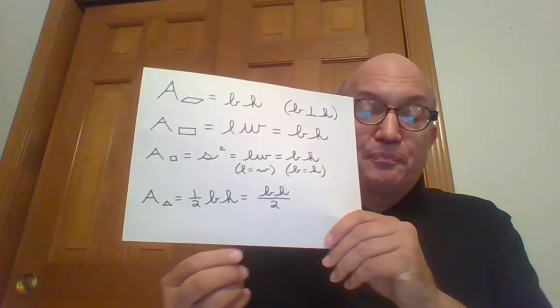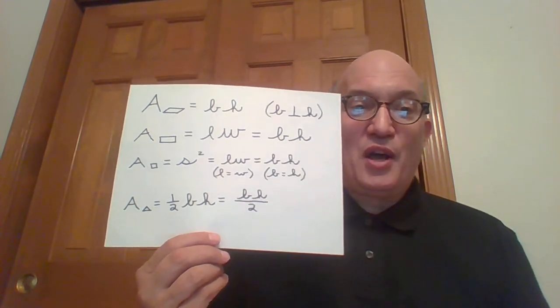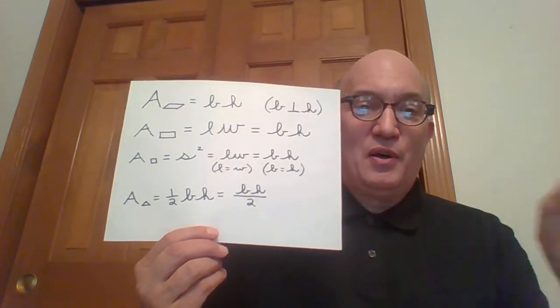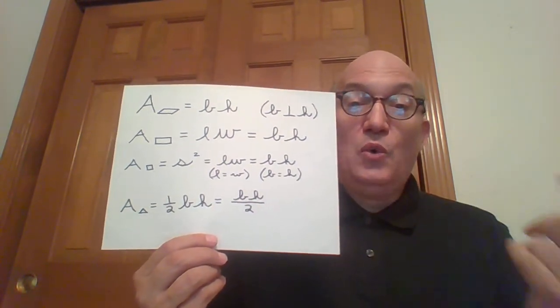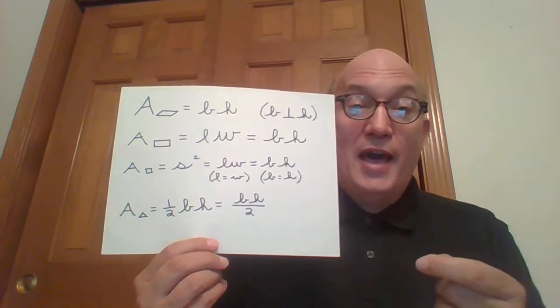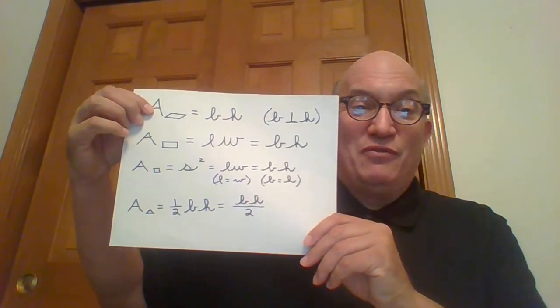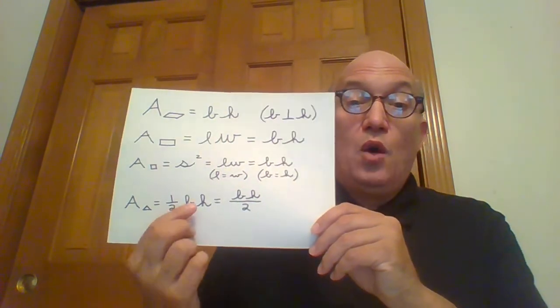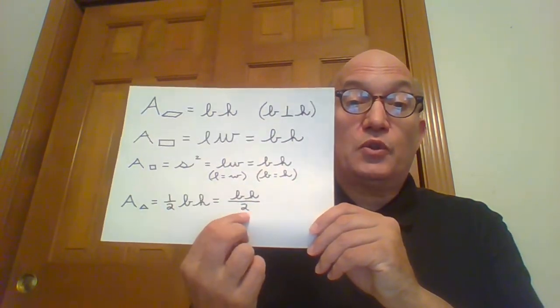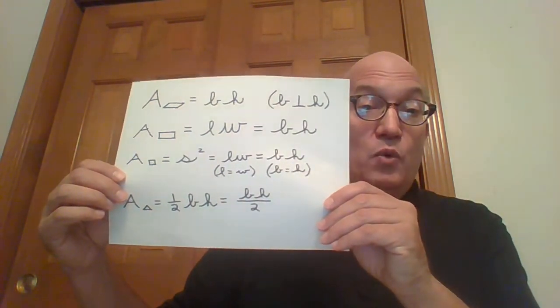And finally, this is kind of cool, the area of any triangle can be thought of as half the area of a parallelogram. Any triangle can be thought of as half of a parallelogram. So the area of a triangle is 1/2 times the base times the height. Just go back to the parallelogram formula, and we'll talk about why a triangle is half of a parallelogram. 1/2 times base times height, of course, is equivalent to base times height divided by 2. So this is sort of a roadmap of where we're headed in this video. But first,